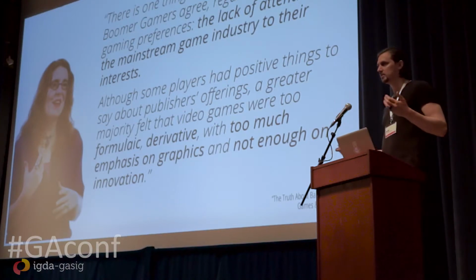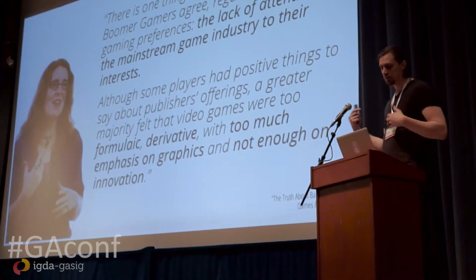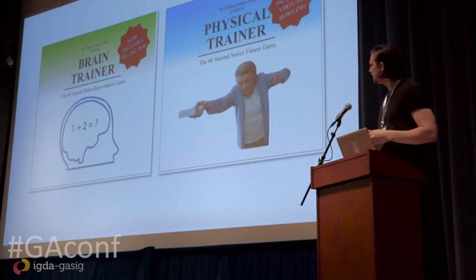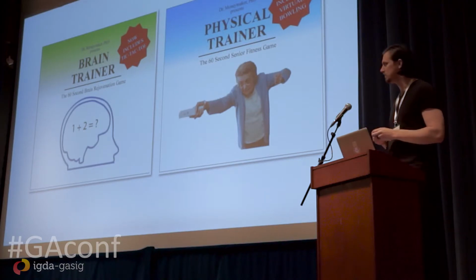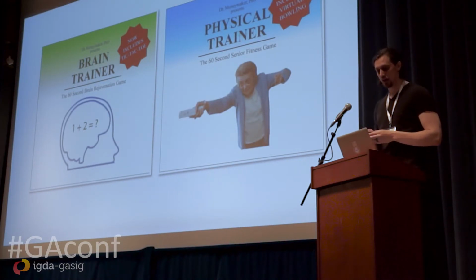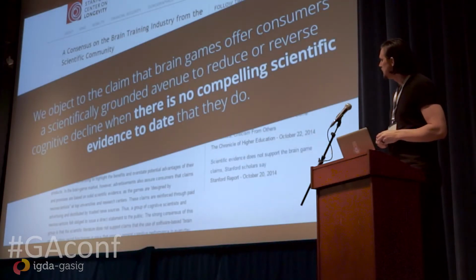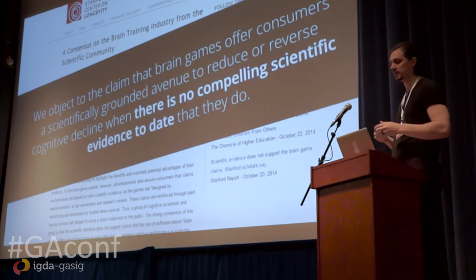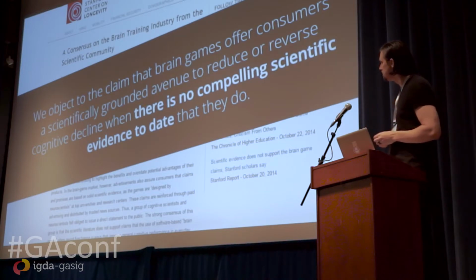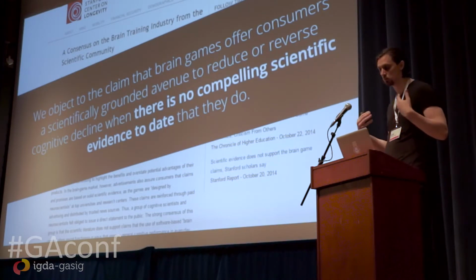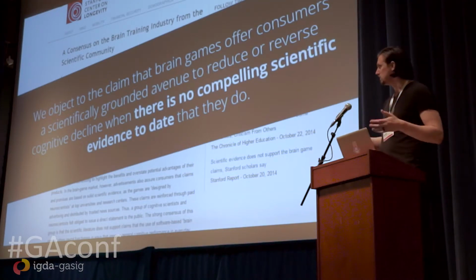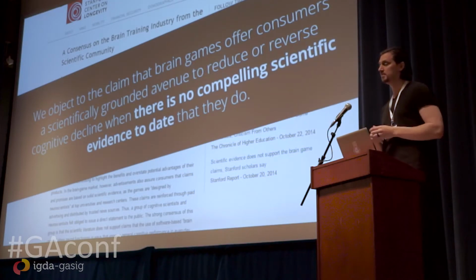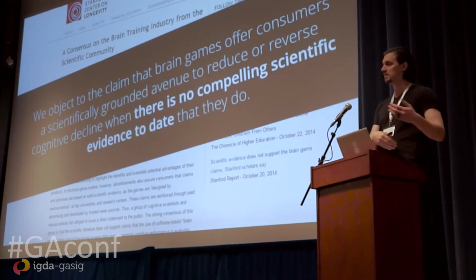And that brings me to why the talk is called Beyond Ageism, I guess. Because if you think about games for older adults, well, typically people think about brain trainer games and Exergames or embodied fitness games. And in my opinion, that's problematic. First of all, it's problematic because of this. Stanford Center on Longevity has published this consensus of the scientific community on brain training games. And we actually don't have any compelling evidence that these games are efficient, that they work, that they do what they're promising to do. And this consensus has been signed by a lot of respected names in the field, many of which would benefit directly if this effect would actually be there because they would make a lot of consultancy